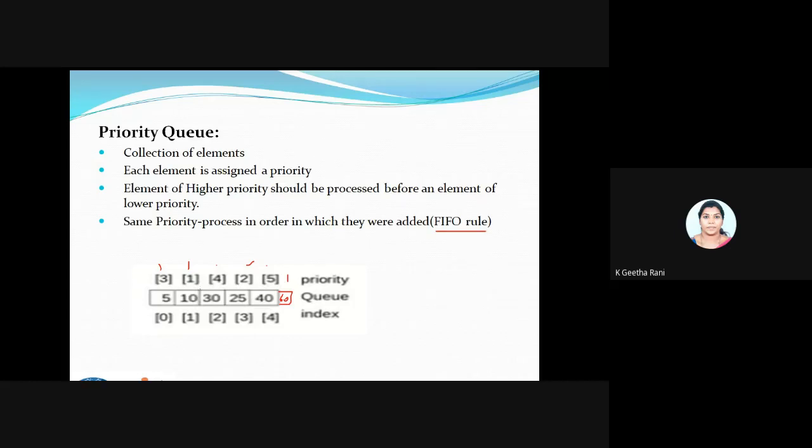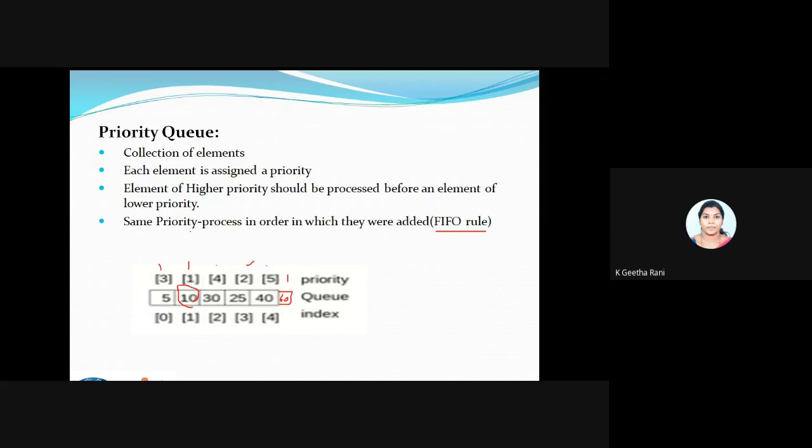Which comes first will be accessed. You can see 10 comes first because 10 and 60 have the same priority 1, but 10 is operated before. So I will insert or delete only the 10, then I will go for 60.